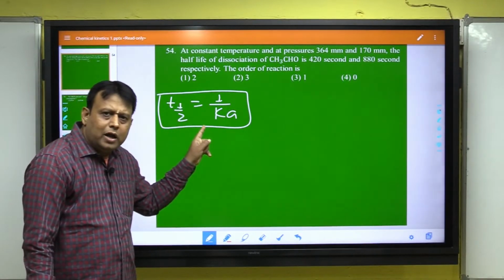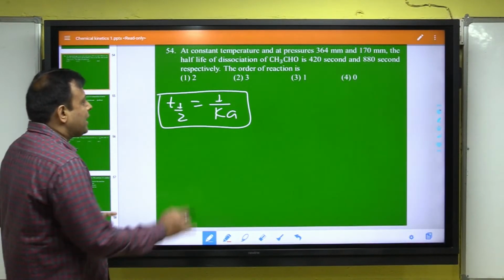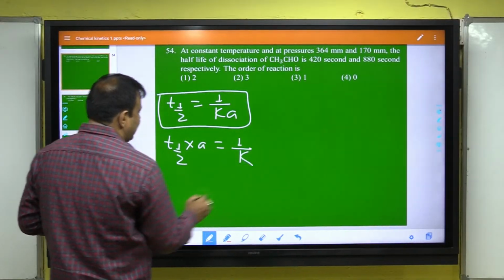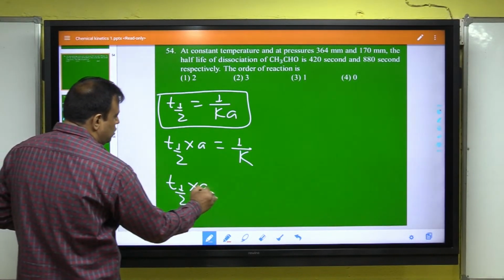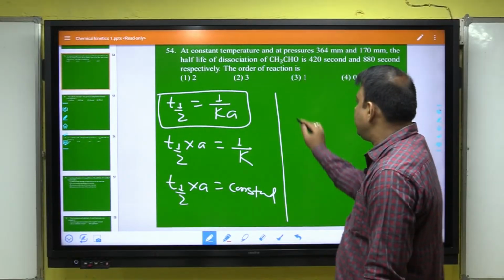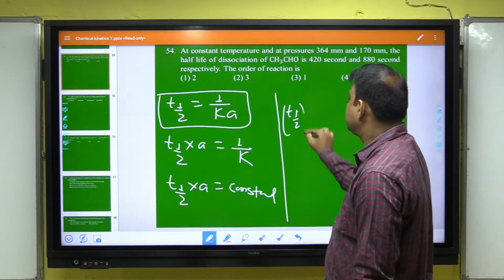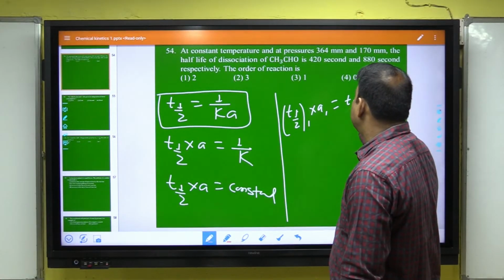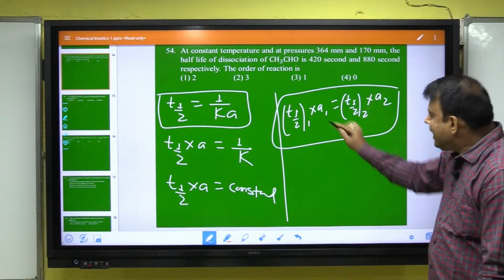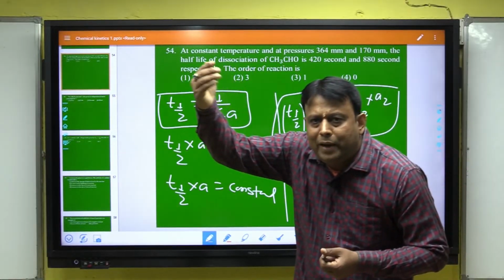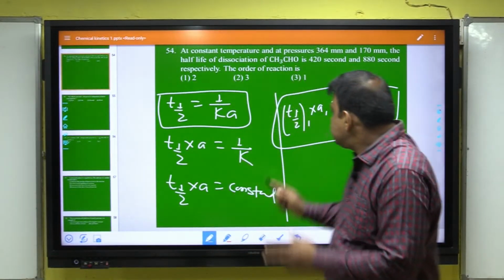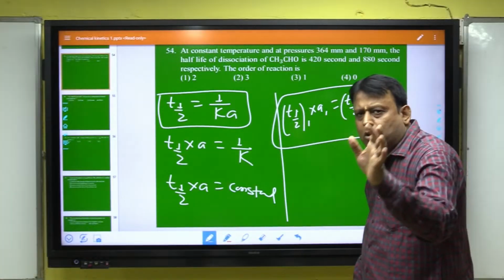ये सेकेंड ऑर्डर के हाफ लाइफ का फॉर्मूला है। कैन आई राइट T half इंटू A इज इक्वल टू 1/k, T half इंटू A इज इक्वल टू कॉन्स्टेंट। यानी आप जानो सेकेंड ऑर्डर में T half 1 इंटू A1 इज इक्वल टू T half 2 इंटू A2, ओनली फॉर सेकेंड ऑर्डर। ये दोनों देखो, जीरो में हाफ लाइफ और A का रेशियो कांस्टेंट, फर्स्ट में हाफ लाइफ कांस्टेंट, सेकेंड में दोनों का प्रोडक्ट कांस्टेंट,